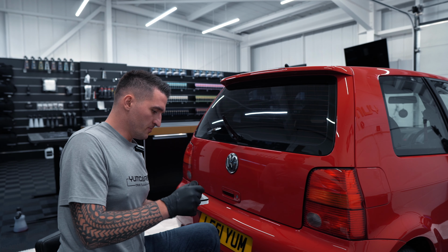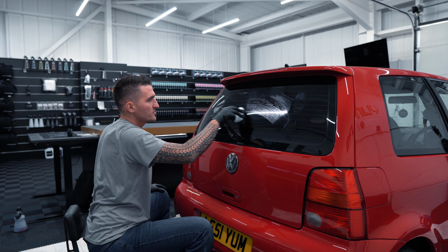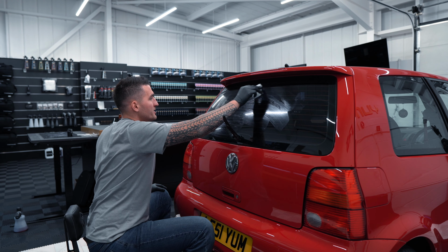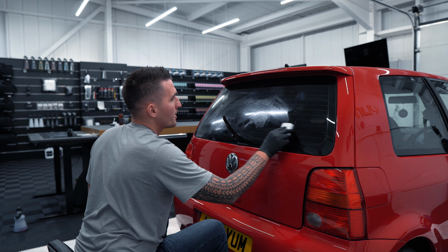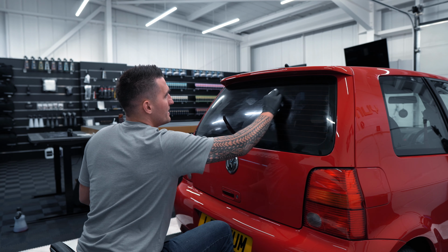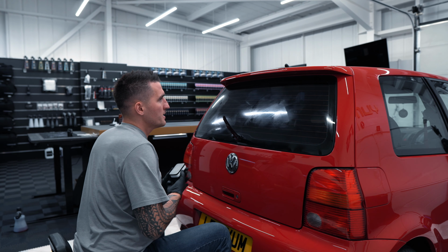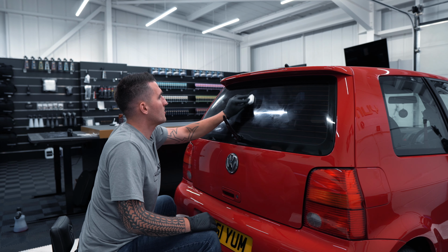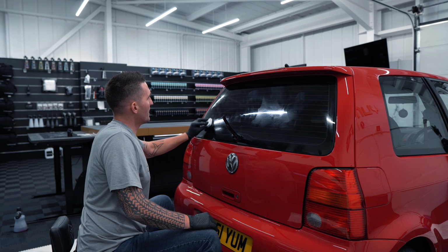I can't wait to show you the next episode because we're going to be opening up a little bit of a development thing. This car is going to be a true tapestry of different protection. And when I say a tapestry, a lot of different panels are going to be protected with all the different things that we're testing in the paste wax category. As I go along, I'm going to literally note it down, so like the roof's going to have A, B, C, so all the different panels are going to be protected with different products, but they're all going to be maintained the same,